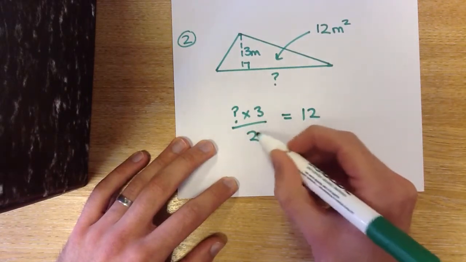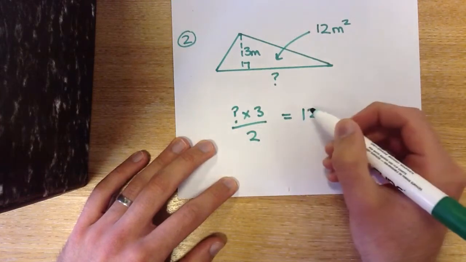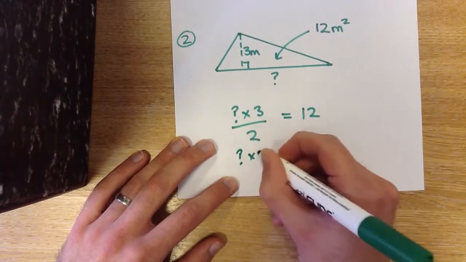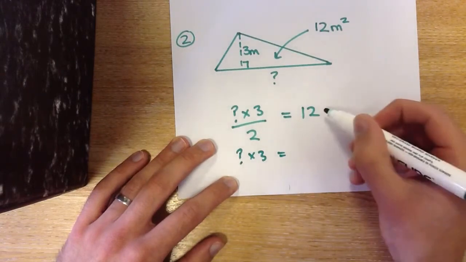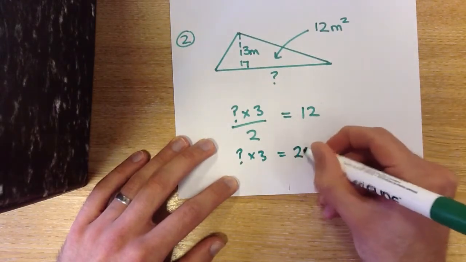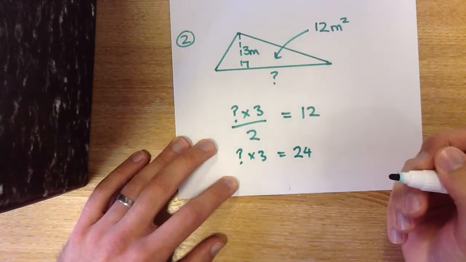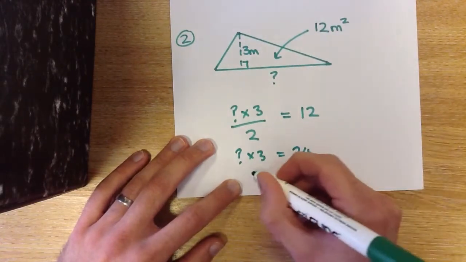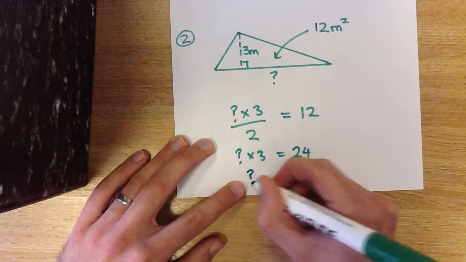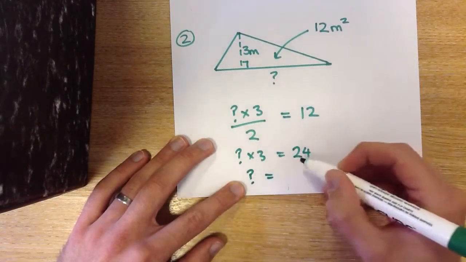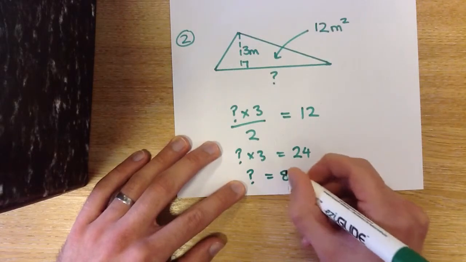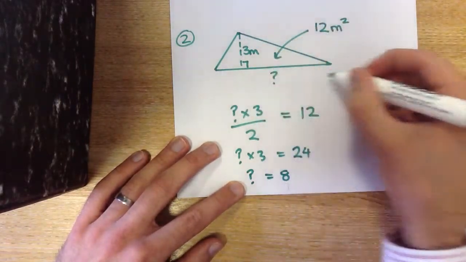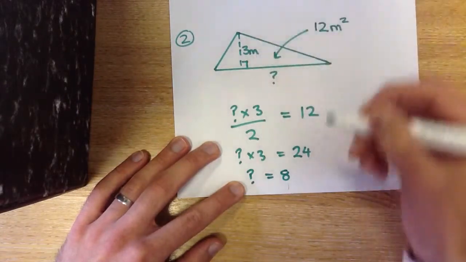To undo divide by 2, I times by 2. So if I times this side by 2, I'm just left with this. If I times this side by 2, 12 times 2 is 24. To undo times by 3, I divide by 3. So I divide both sides by 3. So that goes, and then 24 divided by 3 is 8. So I think the length of the base of my triangle is 8 metres this time